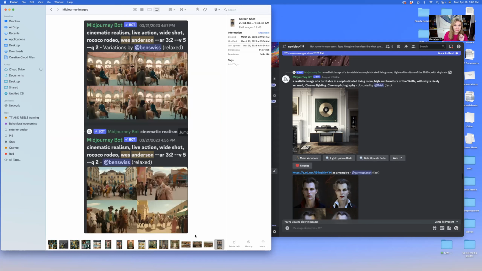And you can see that this is cinematic realism, live action, wide shot, Rococo rodeo. And then the format is 3:2. So it's 3 wide by 2 tall. So you get a rectangle. And you can see here,